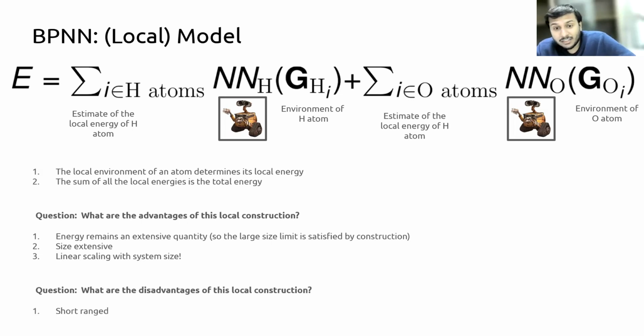Now, what are the disadvantages of this construction? Well, the first one is that it is a purely short-range model, and I think Andrea talked about the limitations of not being able to capture non-local interactions, or something like electrostatics, which is actually infinitely ranged, right? Yes. So those are clear disadvantages, and many people are working on non-local machine learning models, or